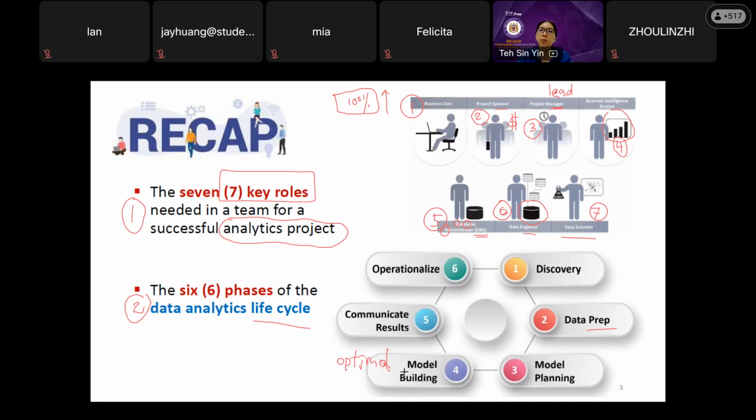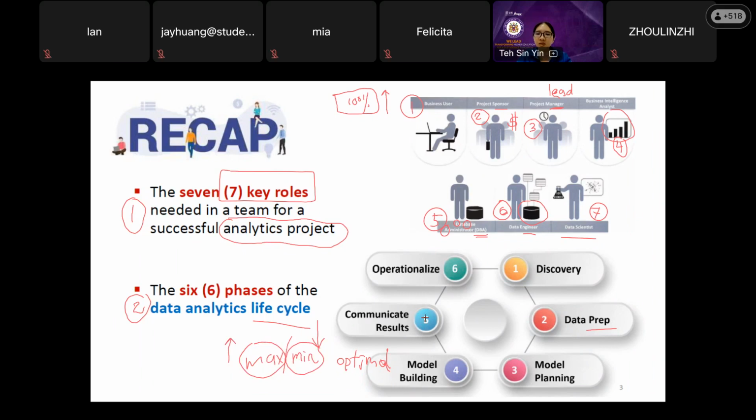Depending on whether you want to make it maximum or minimum. Last week, I gave you the example. If it is profit and revenue, you told me that you want to maximize it. If it's a defect or failure, you told me that you are supposed to minimize it. So this maximization and minimization is your optimization, and it is during the model building stage.